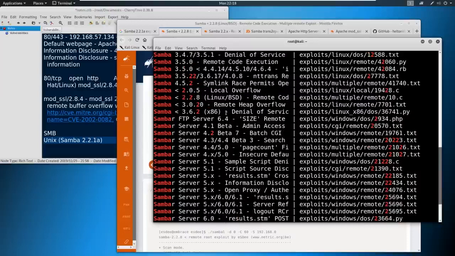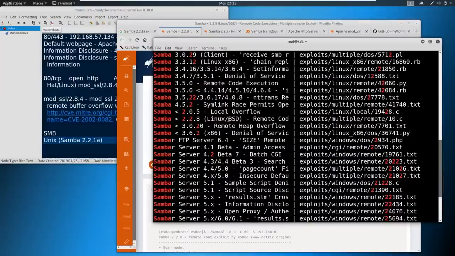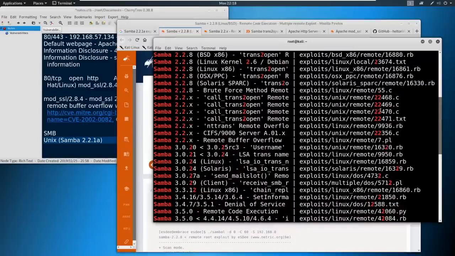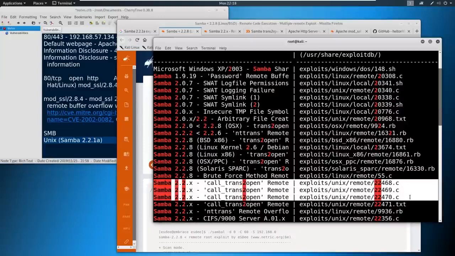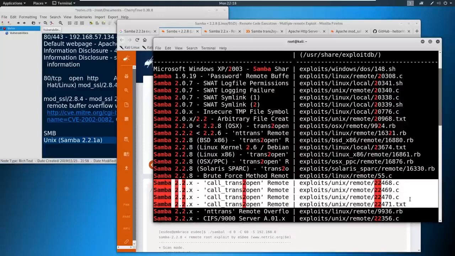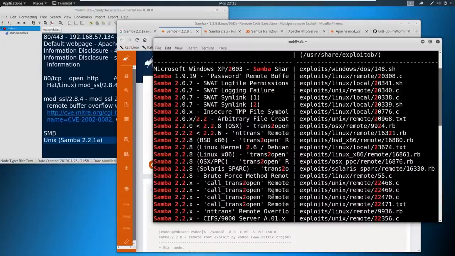Okay, now we can start to see some things here. We see a Linux remote code execution right here, and we're gonna have to look through these. Now, it's not pretty, right? It's not the prettiest, but you see the trans2open does show up. Now, it's not the easiest way. I do prefer Google, but if you're in a pinch or you wanna look at all the different possibilities and